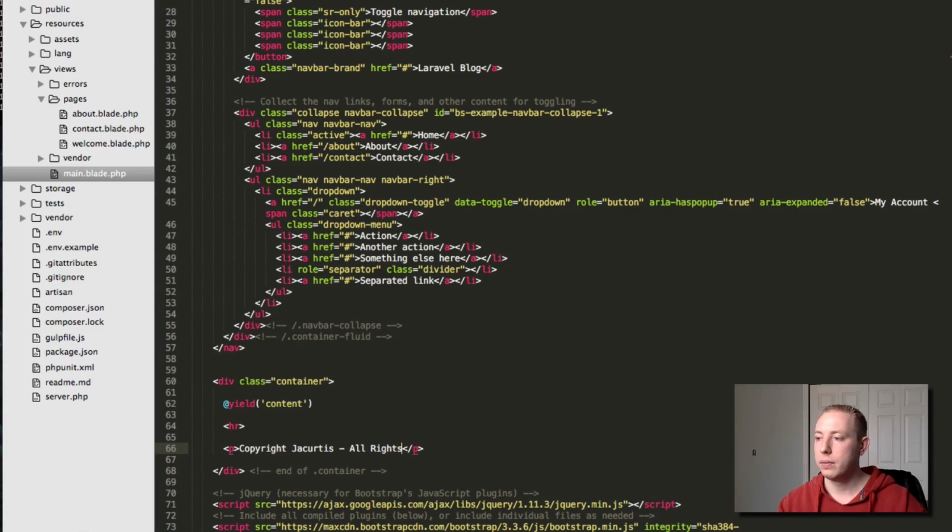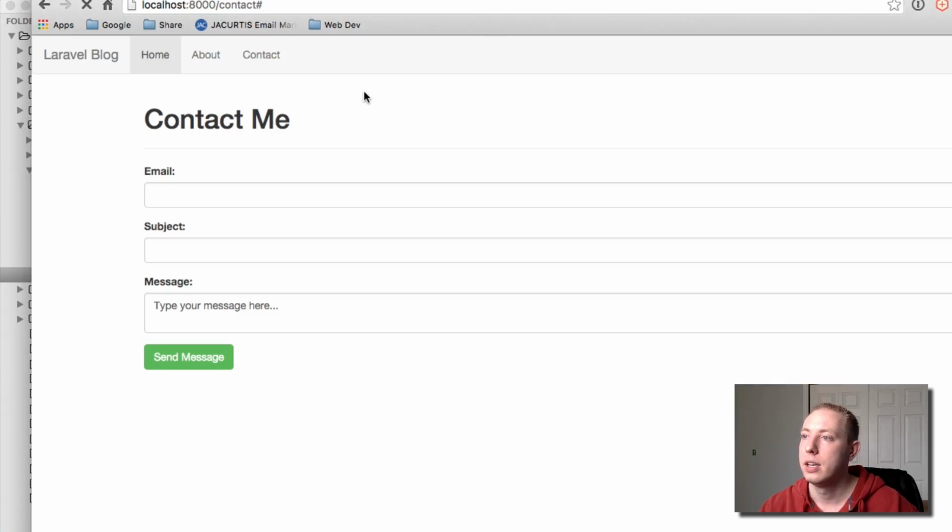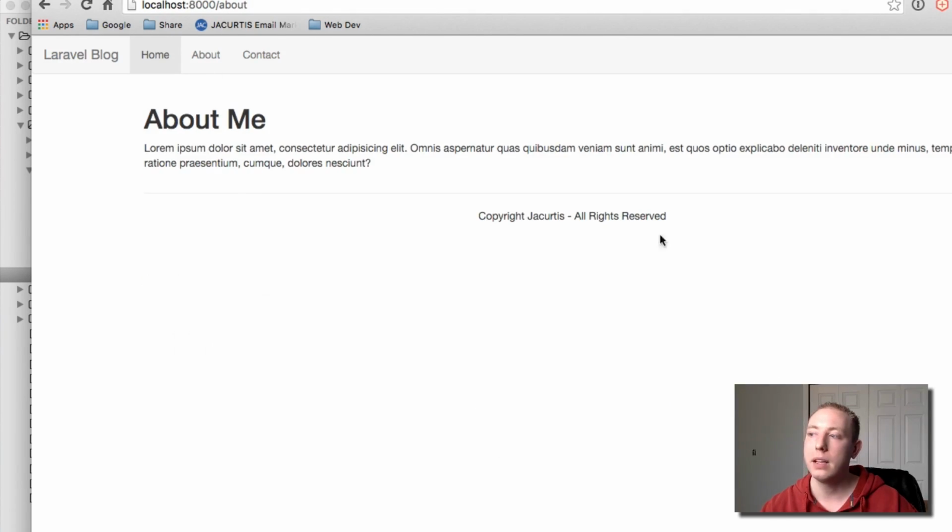All rights reserved. Perfect. And give this a class of text-center, just like that. It centers the text. And let's go ahead and save this. And notice how I did this in the main.blade.php. I did it once, and now let's go look at our page. Let's refresh, and bam, right here, automatically inherited into our contact form, automatically inherited into our about form, and automatically